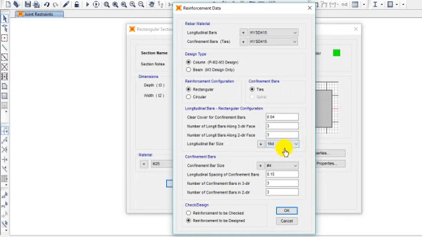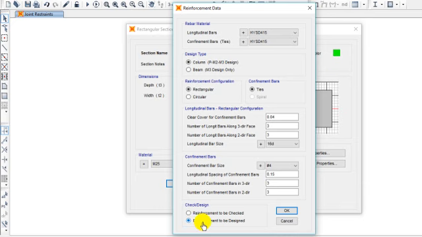If you don't provide this also, no need to worry. It is reinforcement to be designed. Okay, if you give the option reinforcement to be checked, whatever reinforcement we provided here, after designing, the software will tell you whether the reinforcement needs to be changed.